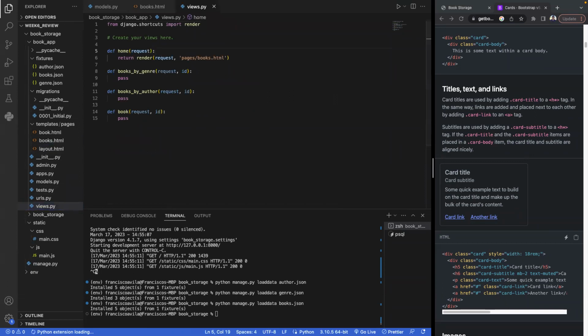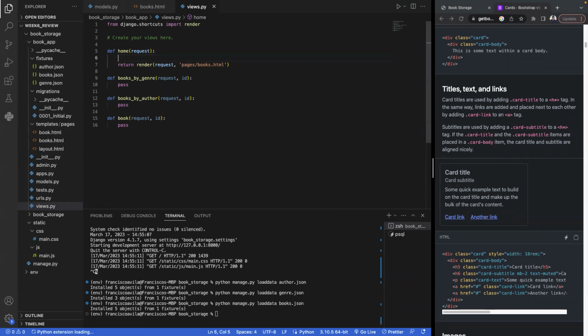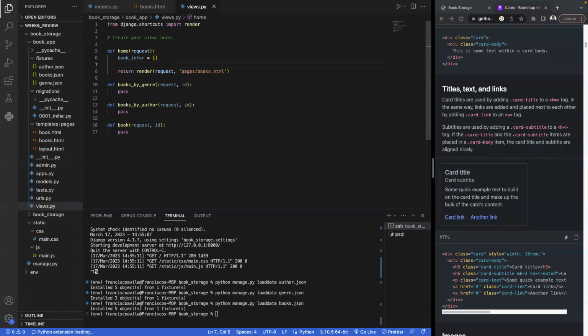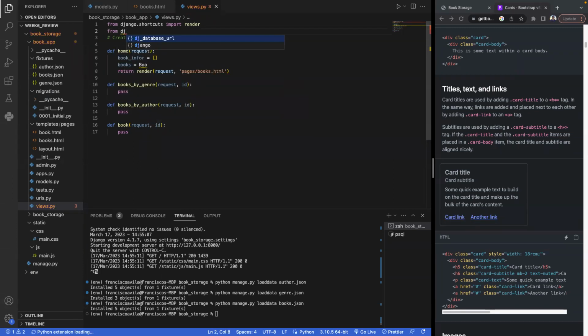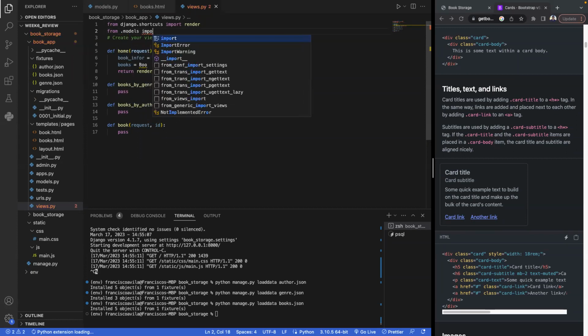Views, here you go. Now I'm gonna go ahead and bring in, how much time do I got? Okay, I'm making pretty good time, that's not bad. So in books, I'm gonna go ahead and create a book info array, and this is ultimately what I'm going to pass into, sorry, a list. This is ultimately what I'm going to pass into my actual template. And in this book info, I want books. I'm going to make it equal to, oh, I might want to import the models. Models for all